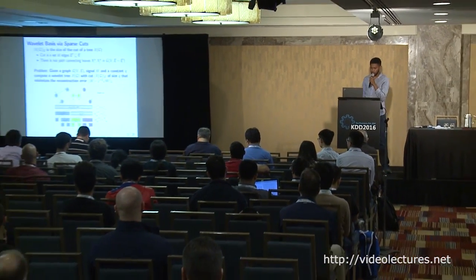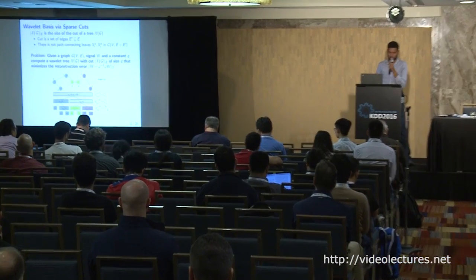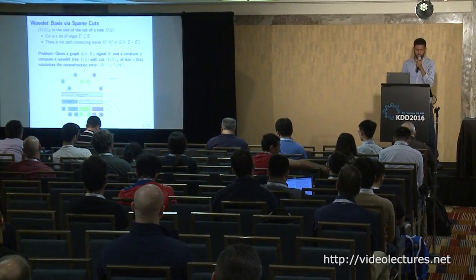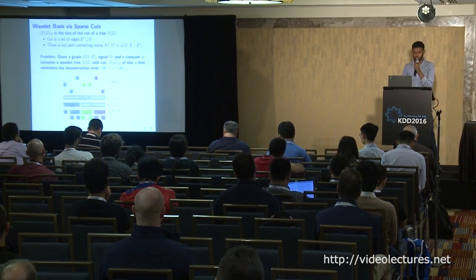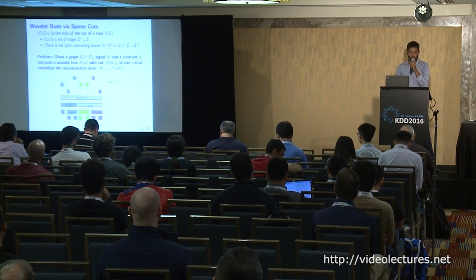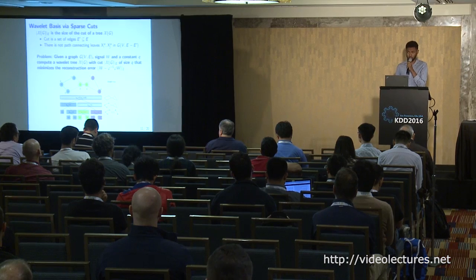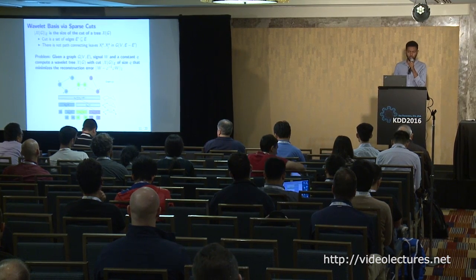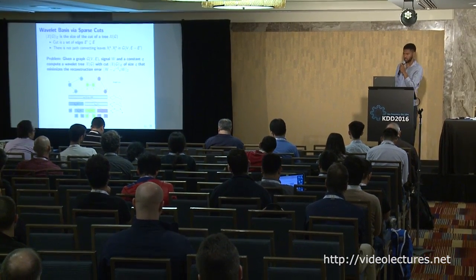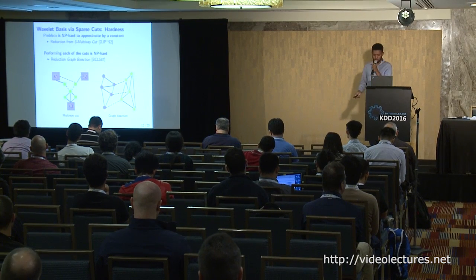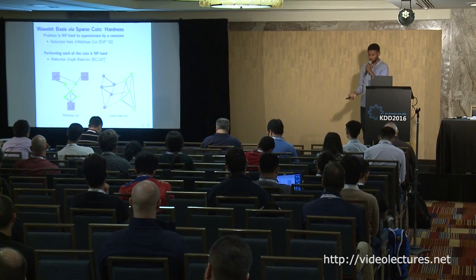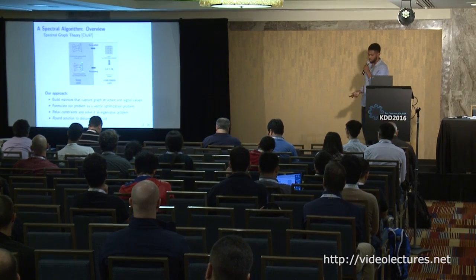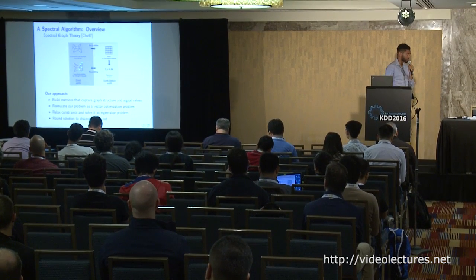Then the problem becomes, okay, if I give you a number of edges, can you give me the best tree? The tree that, if I use that tree to represent my data, and then I drop the coefficients that are not covered in that tree, the reconstruction error will be minimized. That's the formal problem. We have shown that this problem is very hard. It's connected to some hard problems in graph theory. I won't give much detail on this. And then how do we solve this problem?